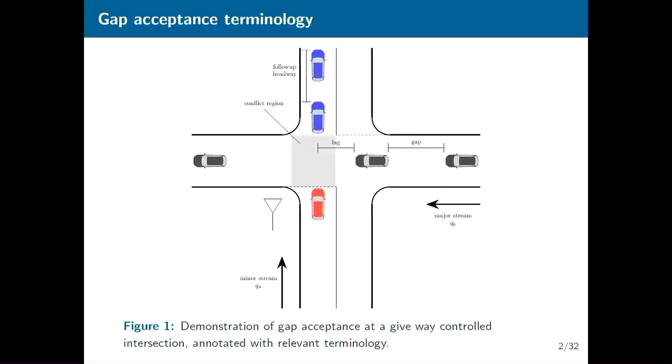So I do want to start by saying that I did draw this in ticks to illustrate what the whole gap acceptance process is about. The gap acceptance model is the conceptual framework that traffic engineers use to describe drivers making acceptance decisions when they are crossing a conflict region. It applies to cases like roundabouts, unsignalized intersections, lane changing, etc.